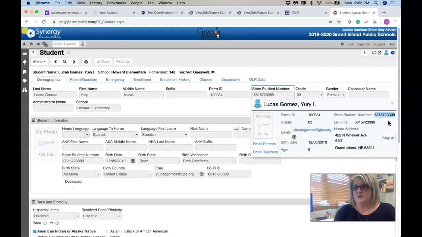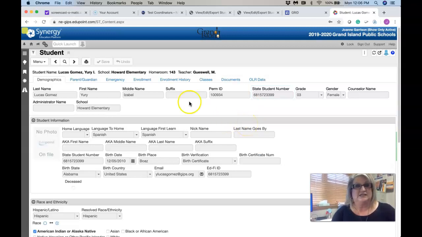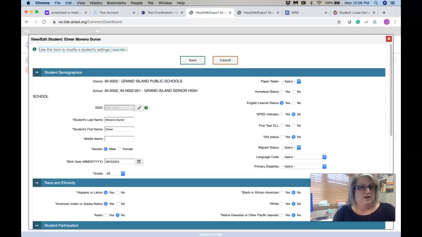If it's one number off, it's not going to work. And so the best way is just to copy it, which is what I've done. And now I'm going to go back to Tide. Okay, so here I am back at the student, and I am going to paste the number right in here